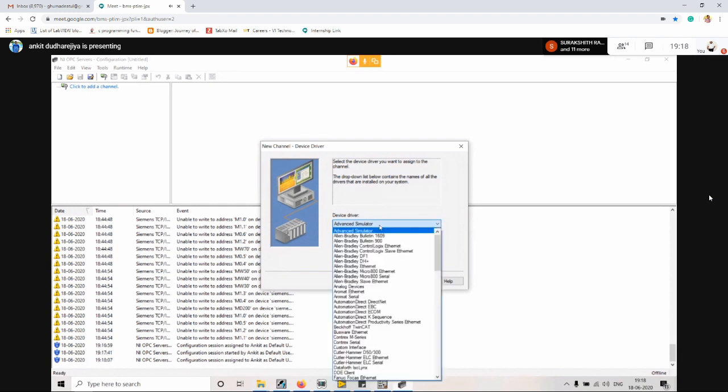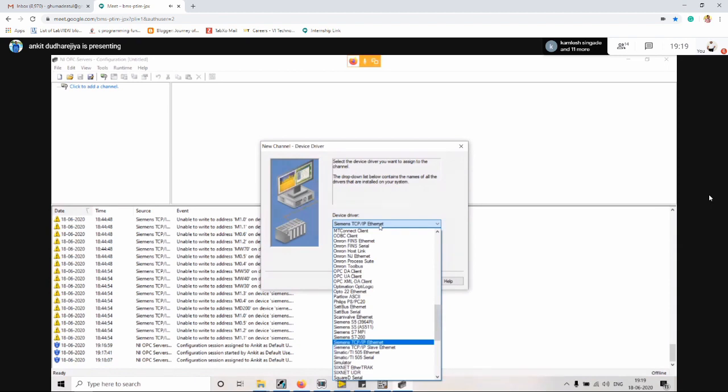When we click on this device driver, you will get all the PLCs, like Allen Bradley brand PLCs, GE Fanuc, Honeywell, Mitsubishi, Modbus Serial Master Slave, Modbus TCP/IP Ethernet. All the protocols you will be able to find over here. Right now I have a Siemens brand PLC and I am using the Siemens TCP/IP Ethernet protocol. Later on you can explore other protocols also.